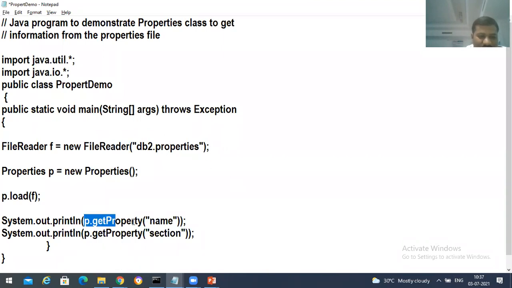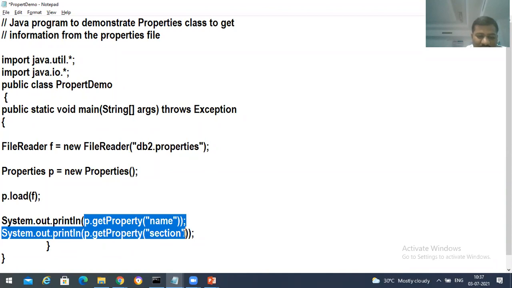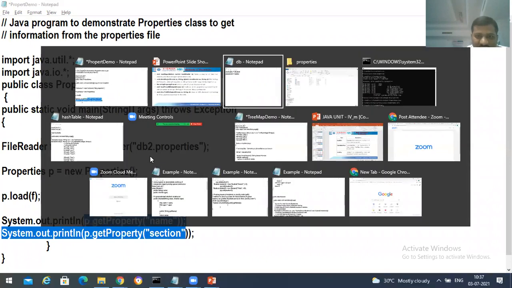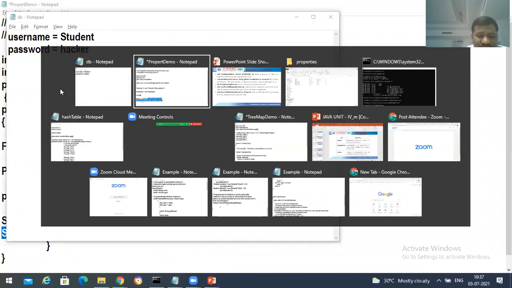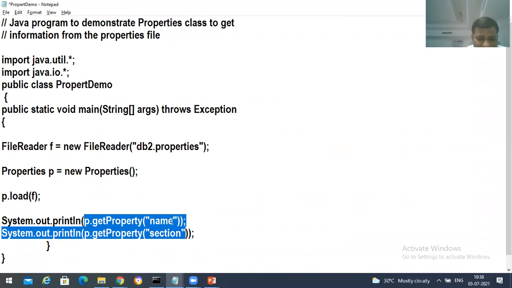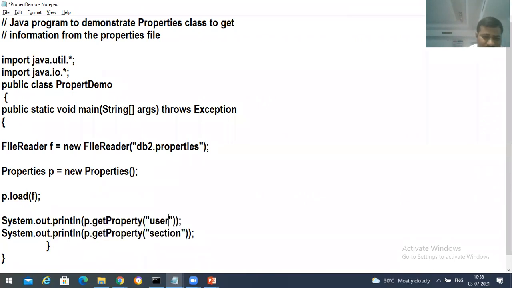You can see p.getProperty("name") and p.getProperty("section"). Actually in that we have username and password, so those things will be displayed over there.